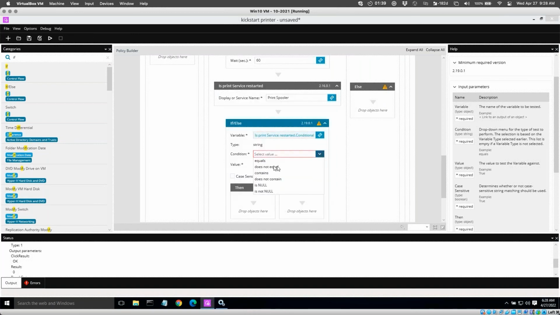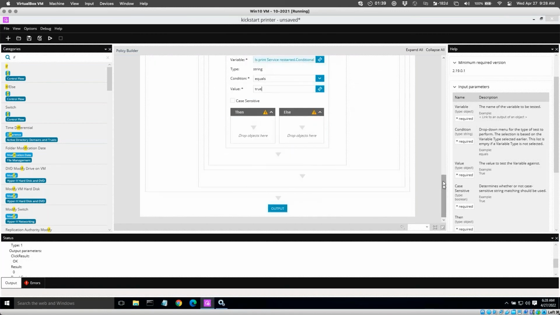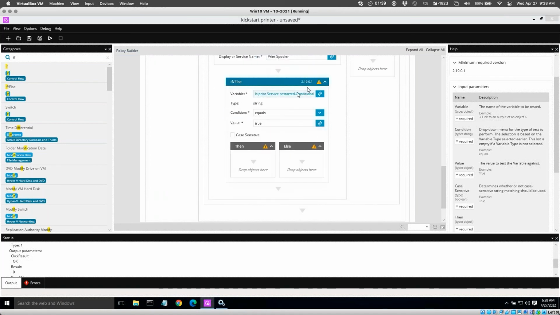And so we'll look for equals true. And so finally, if the print service has restarted, then what we can do is log